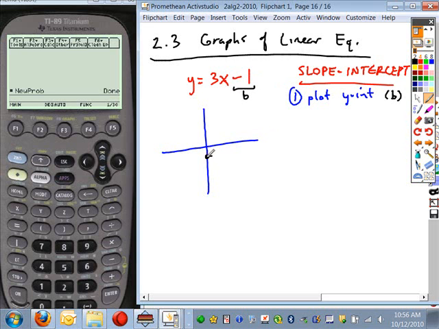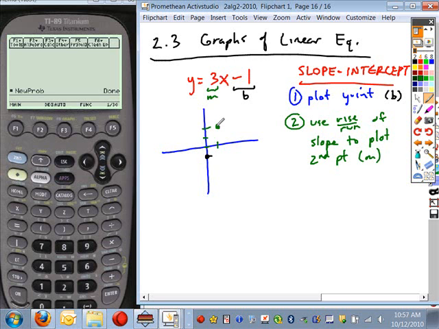So if you plot your y-intercept, you can then do what as your second step? Again, you need a total of 2 points to graph a linear equation, a straight line. So here's 1 point. What can we use to find the other point? Good. Use rise over run of the slope to plot a second point. And so our rise over run, when we look at our slope here, which is m, is 3 over 1. So our rise of 3, so 1, 2, 3, our run of 1 gives us a second point, and then we can just sketch the graph